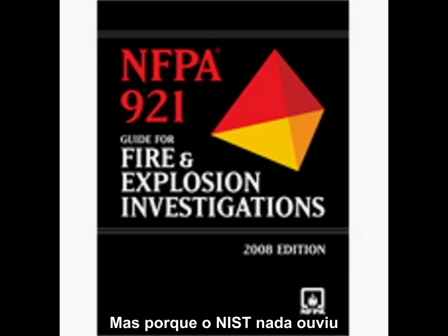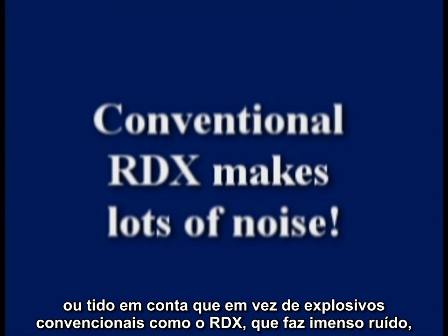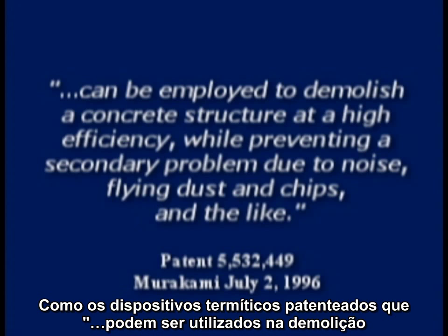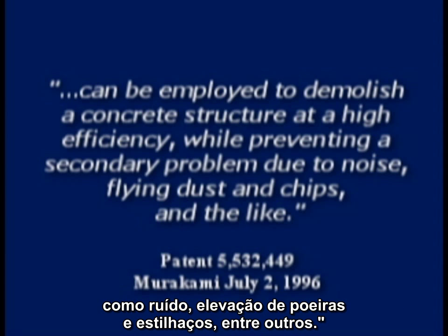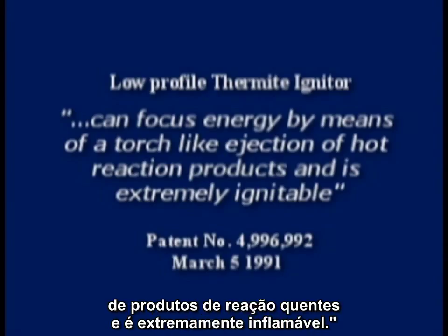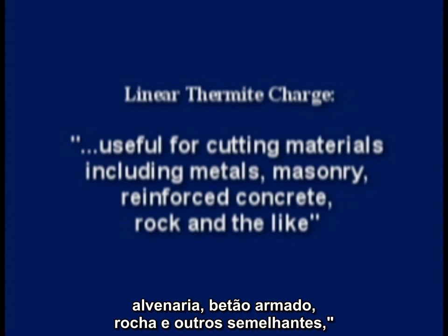But because NIST never heard anything, they didn't bother to look for explosive residue as recommended, or consider that instead of conventional RDX that makes lots of noise, maybe some high-tech quieter explosives could have been used, like patented thermitic devices that can be employed to demolish a concrete structure at high efficiency while preventing a secondary problem due to noise, flying dust, and chips and the like, or can focus energy by means of a torch-like ejection of hot reaction products and is extremely ignitable, or could be useful for cutting materials including metals, masonry, reinforced concrete, rock, and the like,